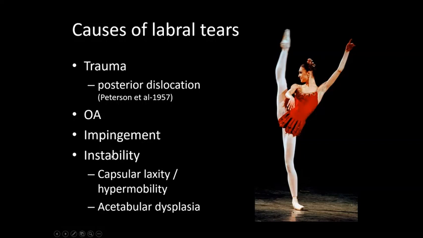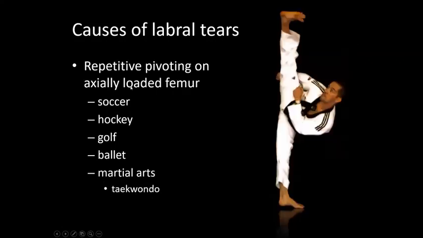Hip joint instability is also a cause of labral tears, such as capsular laxity and hypermobility, acetabular dysplasia. Also some kinds of sports that involve pivoting of the hip joints on an axially loaded femur, such as, for example, ballet or martial arts. These are very bad sports for the acetabulum because they normally cause impingement of the hip joint and